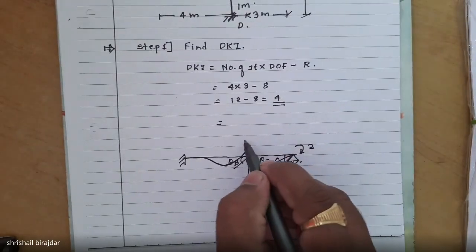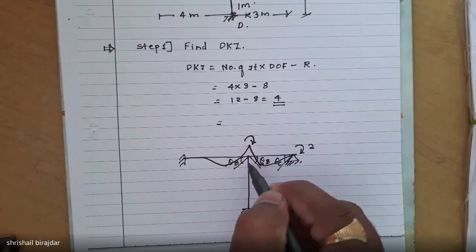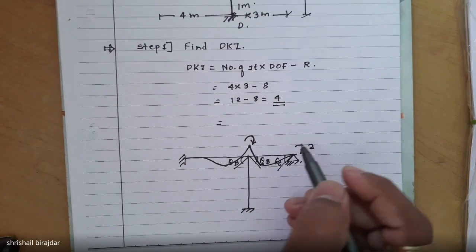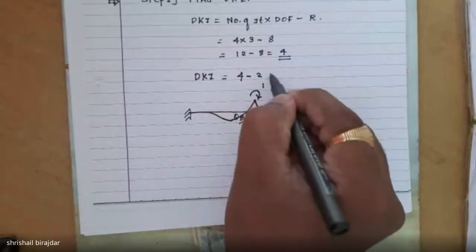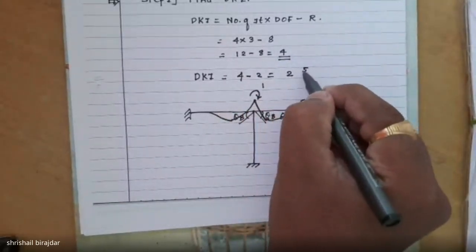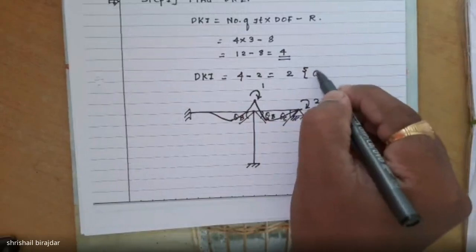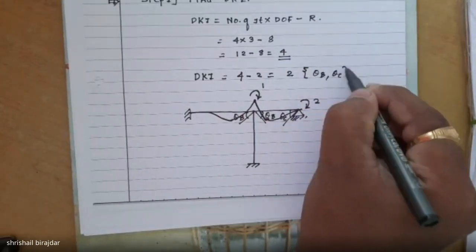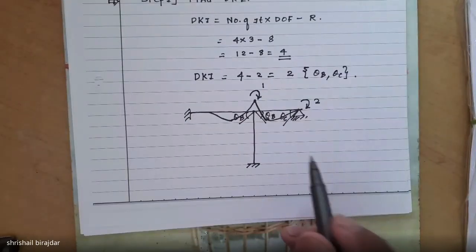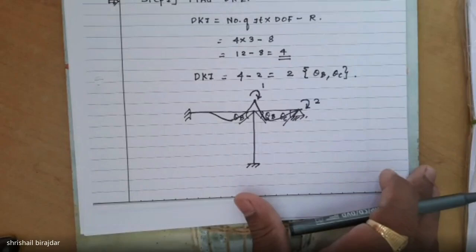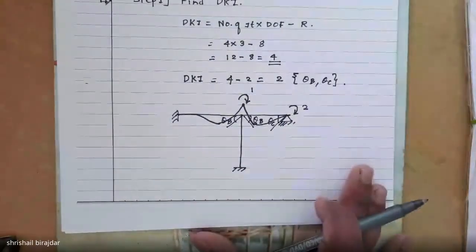Then if you want to fix this particular joint, you need... The kinematic indeterminacy for this structure is 4 minus 2 equal to 2, and the available unknowns are theta b and theta c. Are you getting this point? If you have any doubt regarding this, you can unmute yourself and ask. Otherwise,